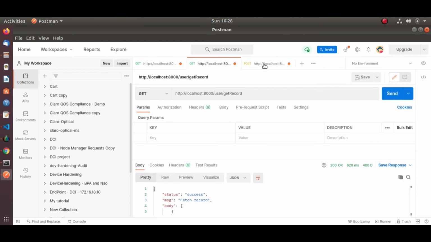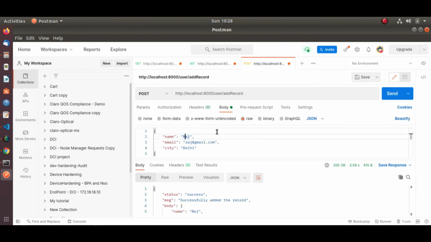So let me insert one new document. Let me put the name Rahul, let's say the city Mumbai.